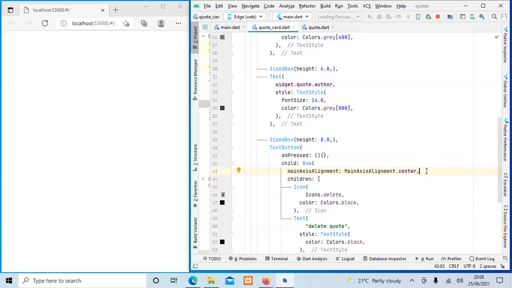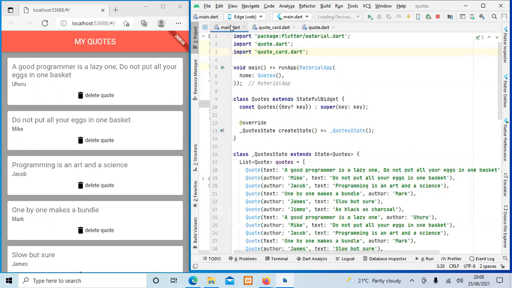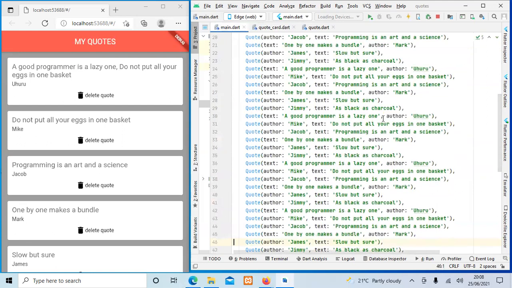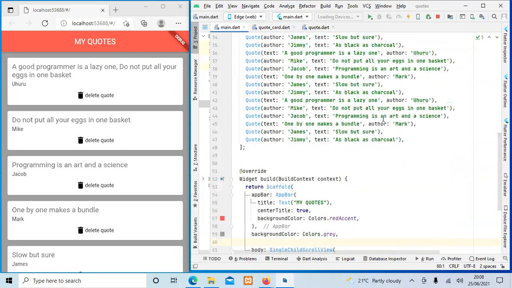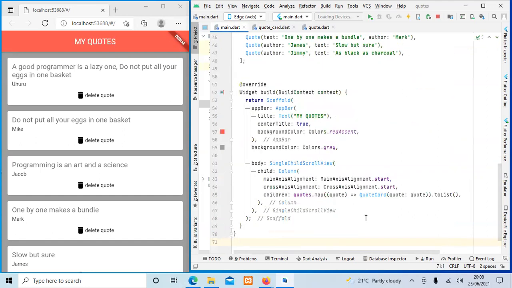but we have this card in this method. I think you are saying that it's now centered. Yeah. And also the color has changed. It means that if I want to create that delete function, I have to go to the main, because it is our main which is having the quotes. I say that all our quotes are in the main. So when I want to define this delete method, I have to define it from the main, and then I call it from the other